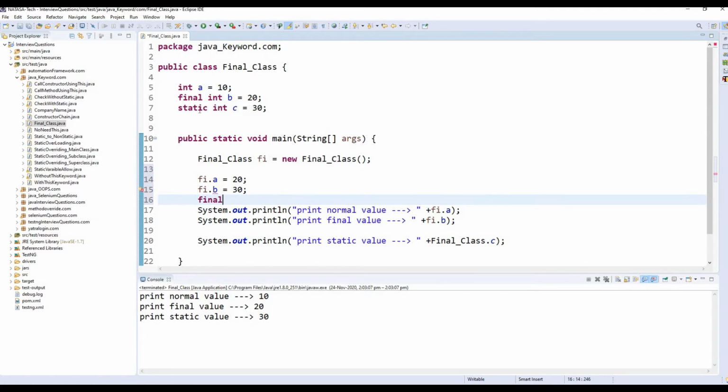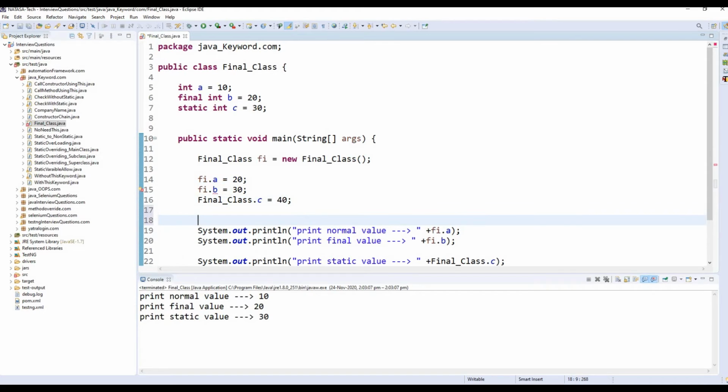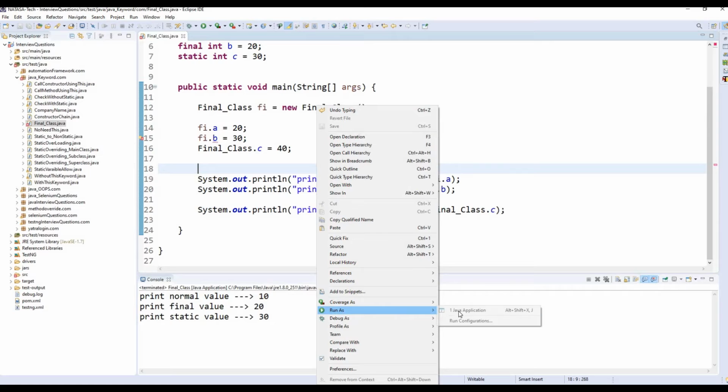So Final_class.c = 40. So here I changed all the variable values. The normal variable value was 10 before, now I changed it to 20. The final variable value was 20 before, now I changed it to 30. The static variable value was 30 before, now I changed it to 40. So all the values are incremented by adding 10. Okay, now I'm going to execute.